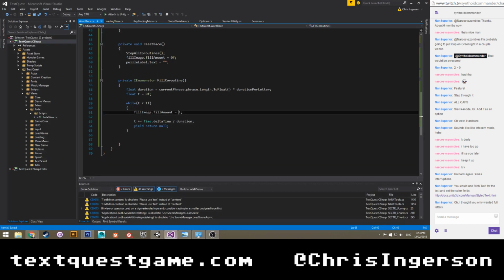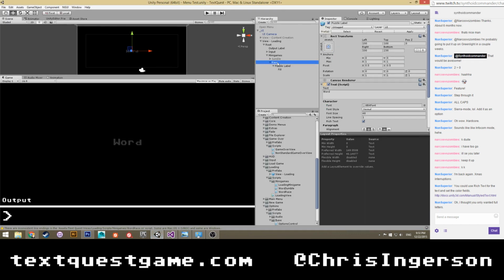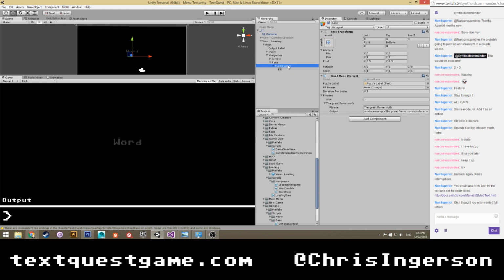I'm going to say fill amount equals 1 minus t, because we actually want it to decrease. So it's going to start partially obscured, and then it'll actually light up as we go. So let's set all of this up. Our puzzle label and our fill.